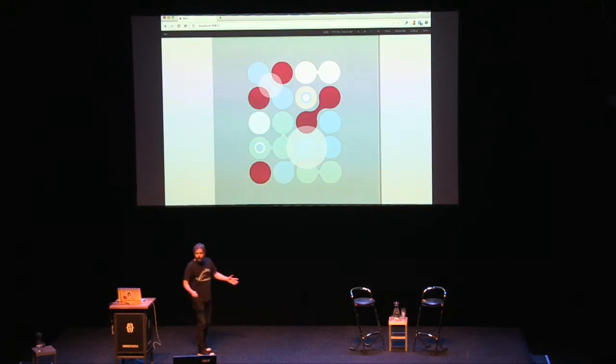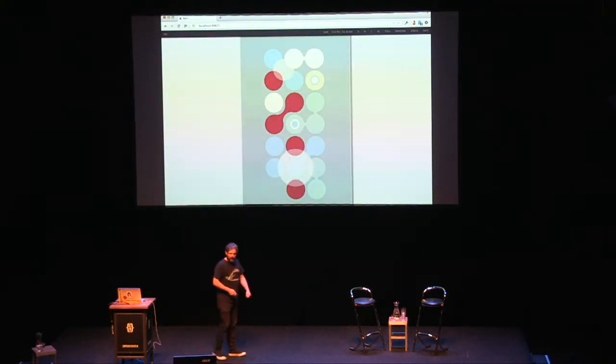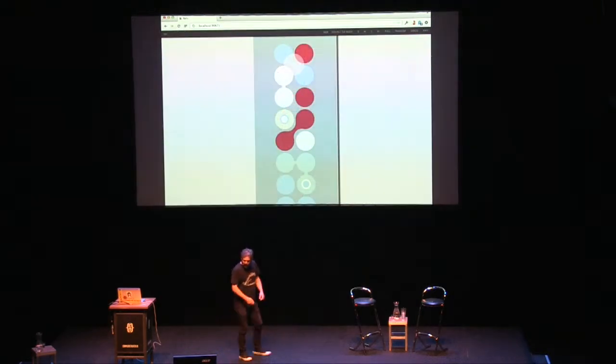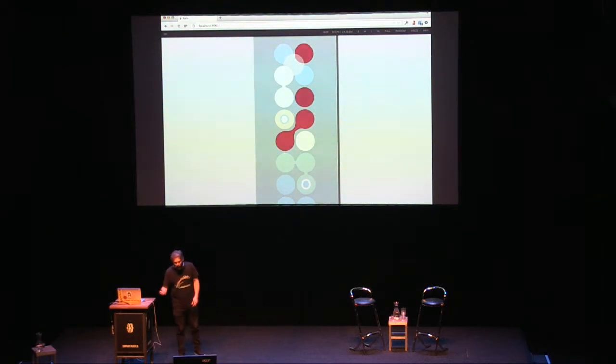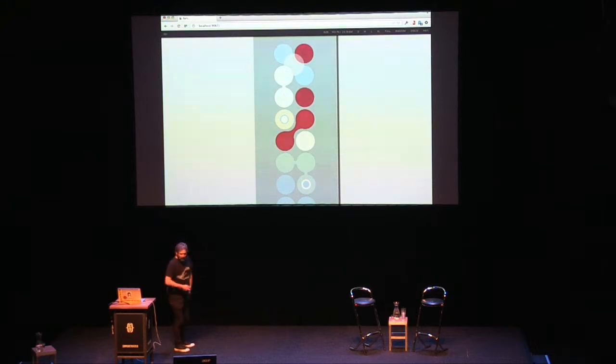And now if we say we have a smaller screen, we can simply change the layout of the illustration. And I did this by using media queries, which is a fantastic technology, but it's also a lot of work. And I, to be honest, don't like working. I became a teacher for a reason, right? So we can do this,